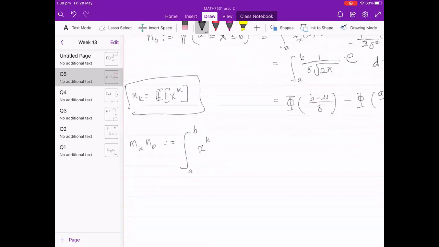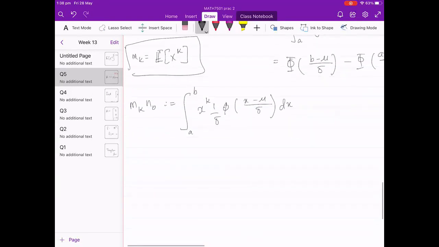So that's x to the k, and in terms of writing this as the standard normal, the standard normal is 1 over root 2 pi, you need to scale it by sigma, which is equal to